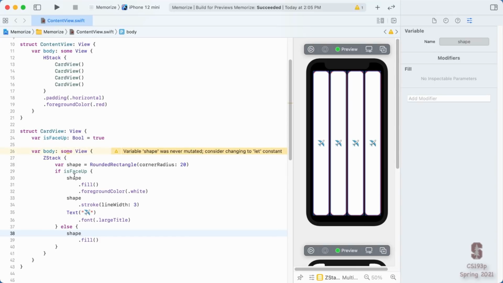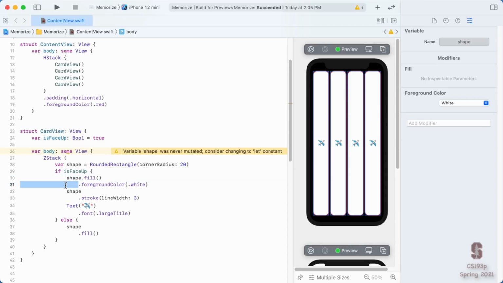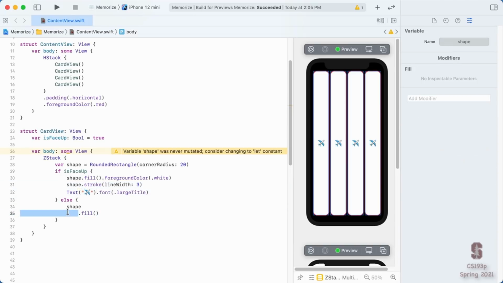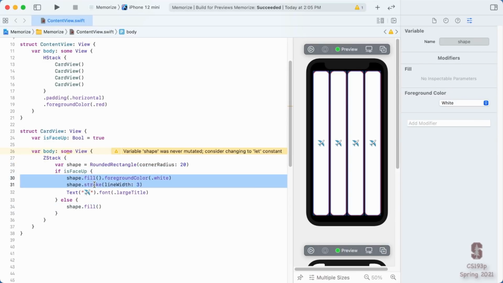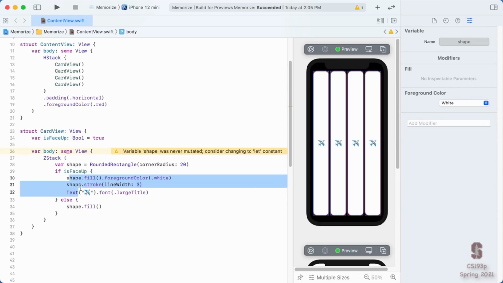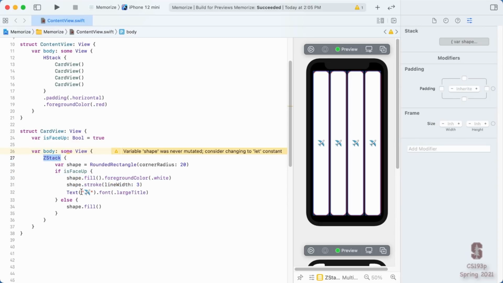And since this has made such a small little word in my line of code, I probably would even put these on the same line right here. I could do the same thing with my text. So I've got a double benefit here of not repeating typing this over and over and making my code a little tighter, a little easier to read, a little easier to understand that there are three things that are Z stacked together here to make that work.